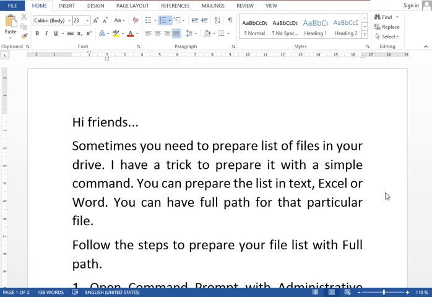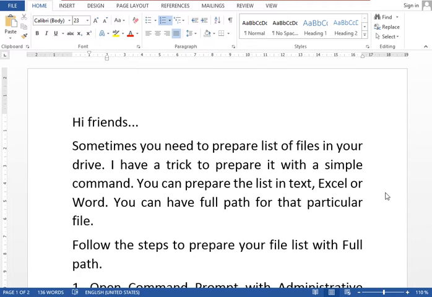Hi friends, today I'm going to show you how you can prepare a list of files that is stored in your laptop or desktop. First thing, what is the requirement of this kind of thing?